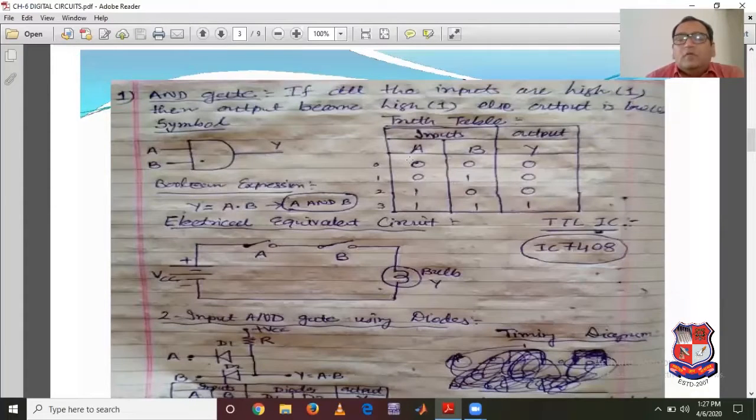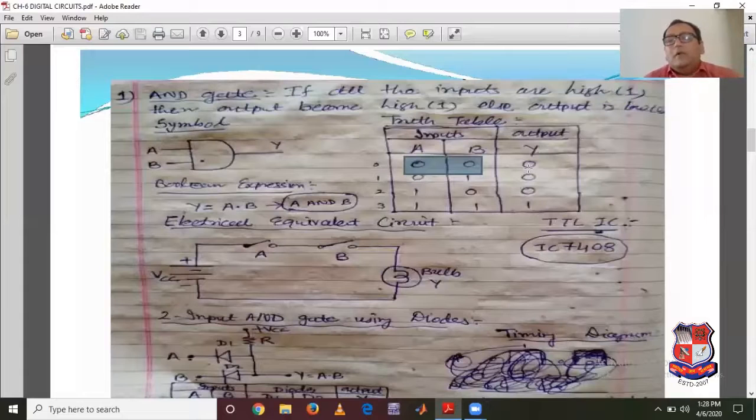But for those students who forgot about this, I just repeat that there are two inputs, there are 4 possibilities of the input, named as 0 0, 0 1, 1 0 and 1 1. Now here I have to write down first, as I give the input 0 0, what is the output?